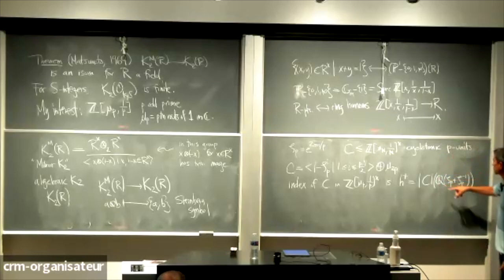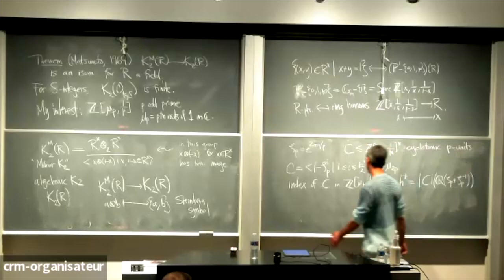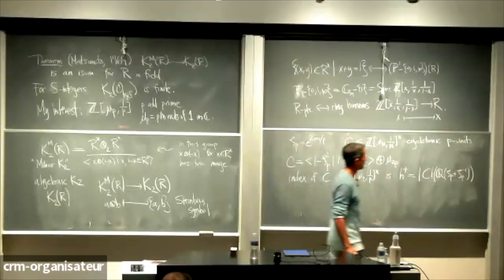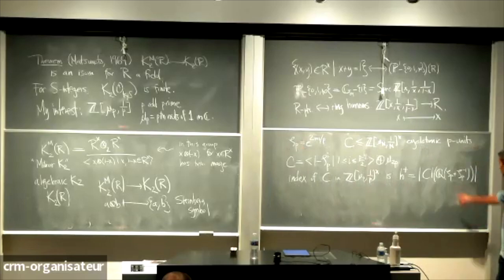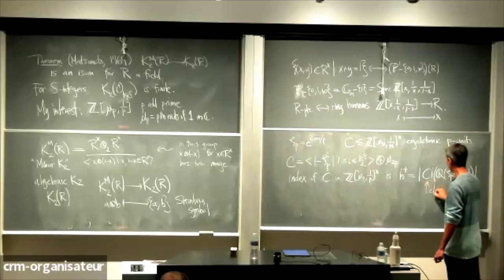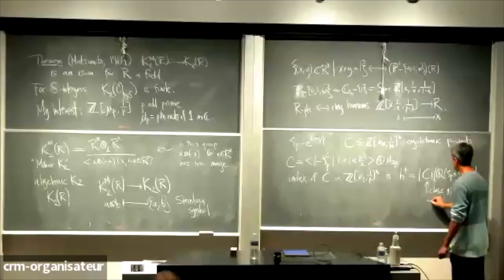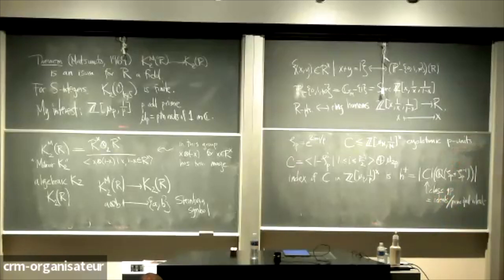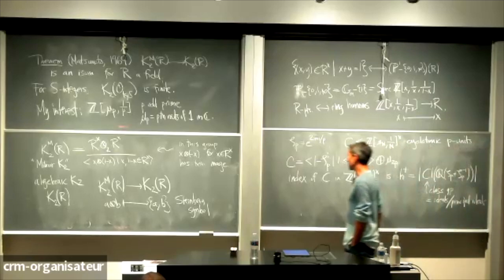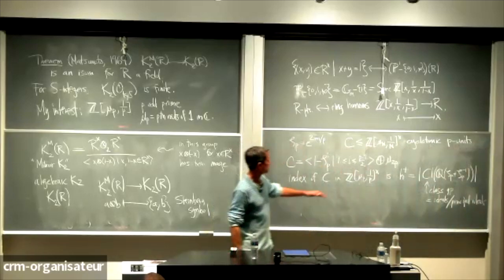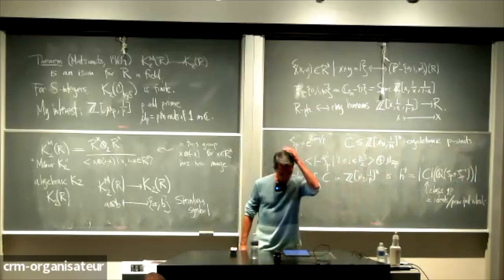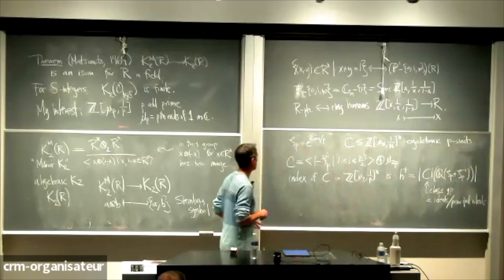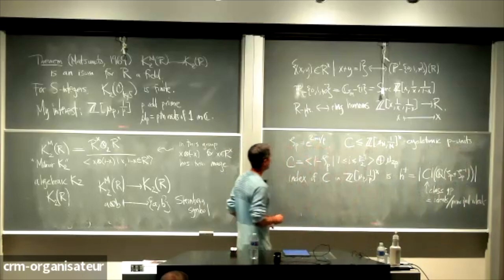It's the fixed field under complex conjugation, right? ζ_p plus ζ_p inverse is fixed by complex conjugation. This is a degree (p-1)/2 extension of Q. And this class number, so this is the class group, right? It's ideals mod principal ideals in the ring of integers. And it measures the failure of unique factorization, or of this ring Z[μ_p, 1/p] to be a PID. So, okay, what was I saying about these particular cyclotomic units,